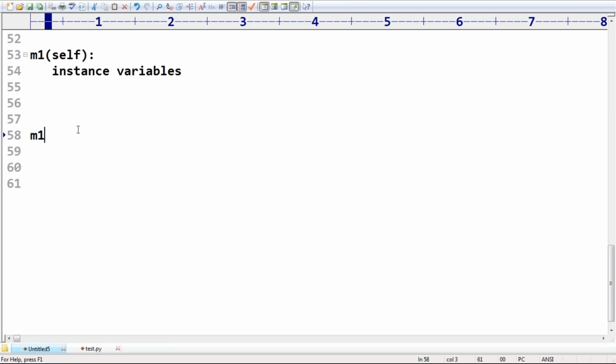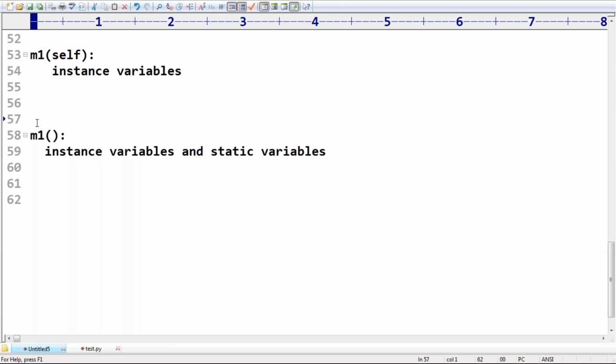I have one method, and inside that I'm using instance variables and static variables both. What is this method? Don't get confused. Now also it should be an instance method. Inside the method implementation, if we are using at least one instance variable, compulsory that method should be an instance method, whether we are using static variables or not,